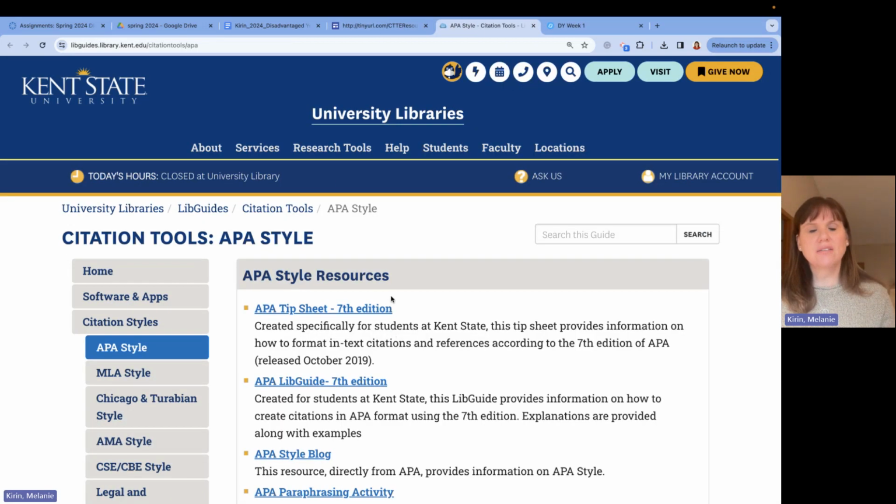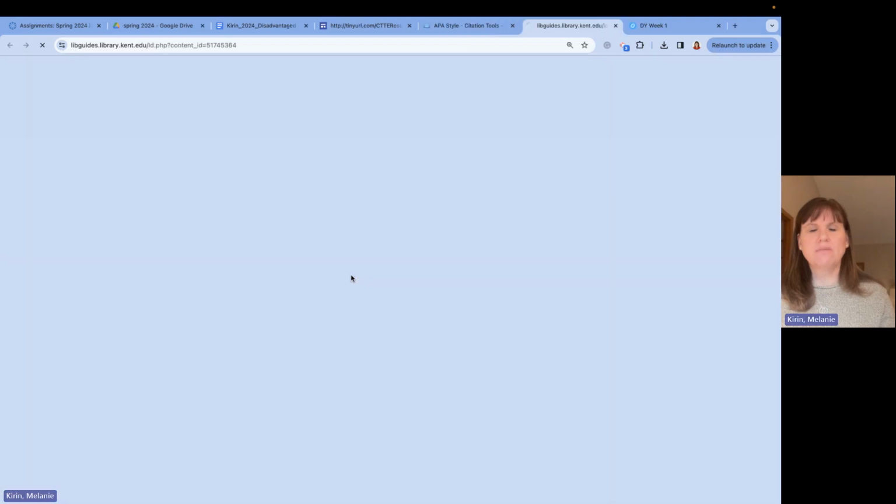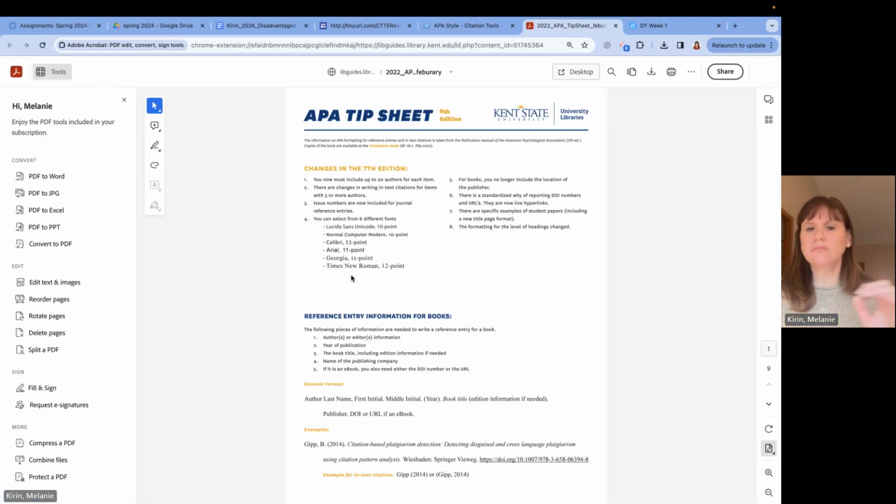So if you click on that and you go to, let's see, tip sheet, this is the best one. I have it printed out, I have it next to me, like when I have to submit work, things of that nature. This is what I would recommend right there, okay?